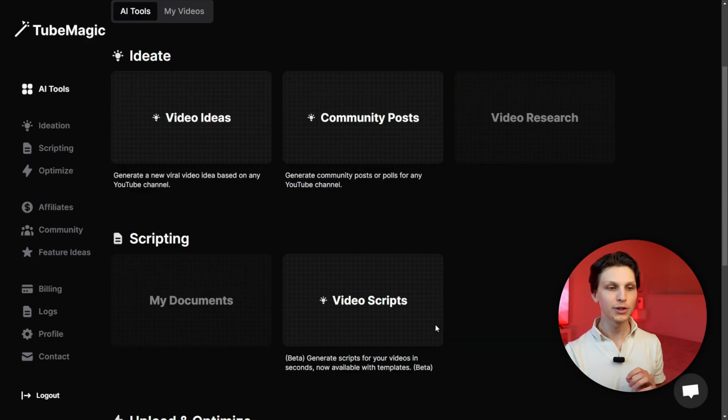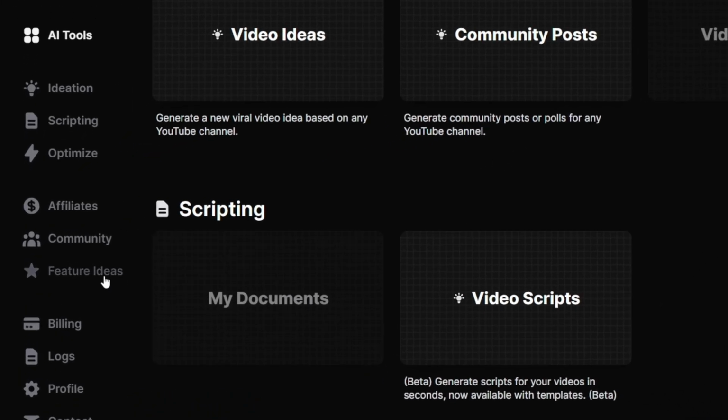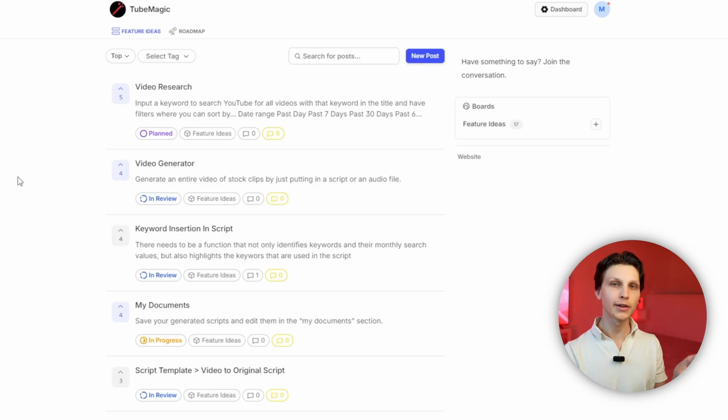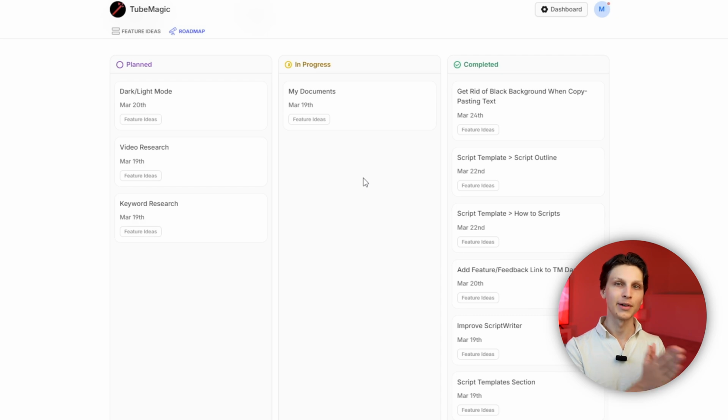Now you might see a few features on here grayed out, like the video research section as well as the My Documents section. These are features that are coming very soon. And if you go to the left-hand side right here and you click feature ideas, this will allow you to vote on the features that you would most like to see within TubeMagic. You can also take a look at a roadmap, what we're working on, and what's coming very soon to the